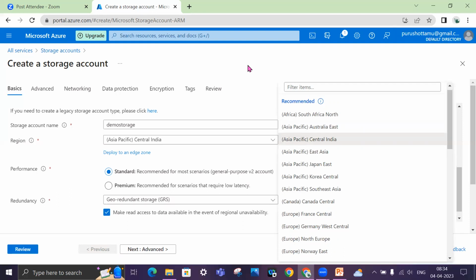For China, Microsoft maintains a different portal altogether. They have tied up with a third party, I think VNet something, which is a Chinese organization, to serve only the Chinese customers using a different portal altogether.